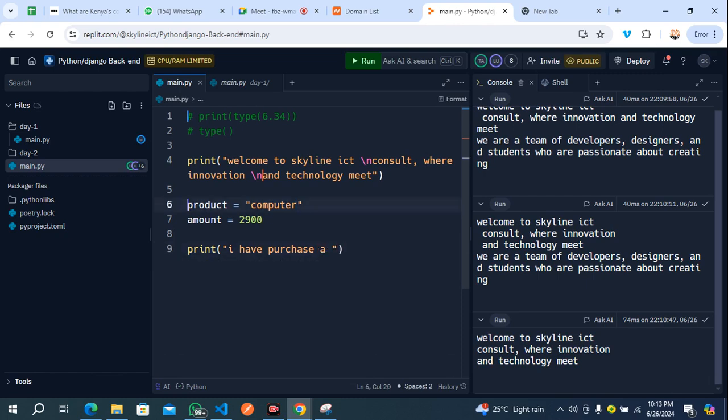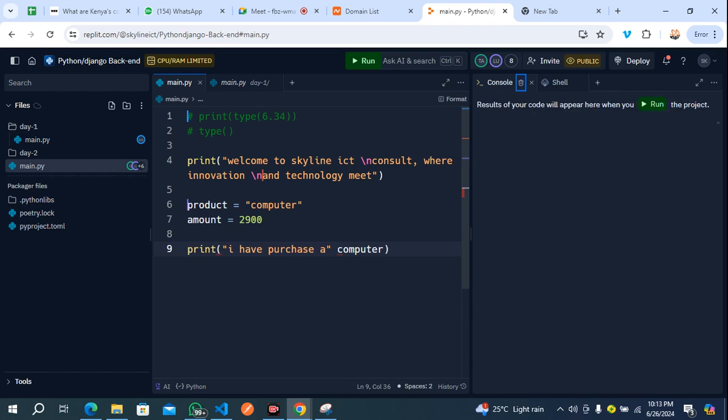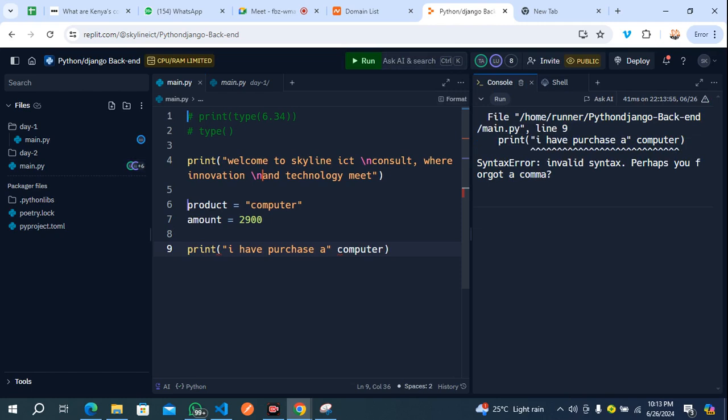Now for me to add this computer inside this sentence, remember, this is a string. So if I come here and write computer, then when I write that computer, you notice that I have a syntax error, right? Then close by. In this syntax error, if I print this out, you notice that I have a syntax error.